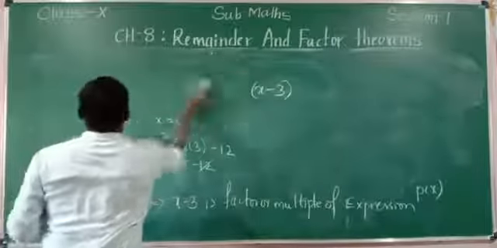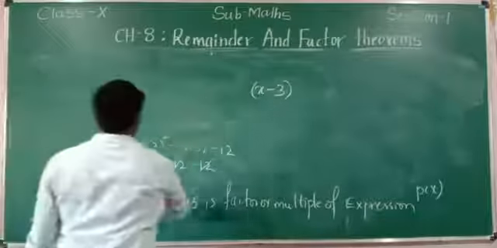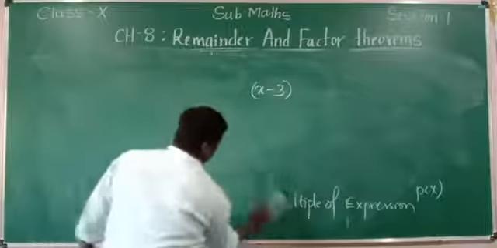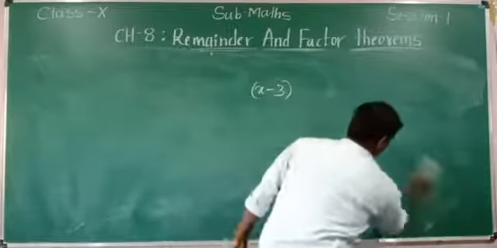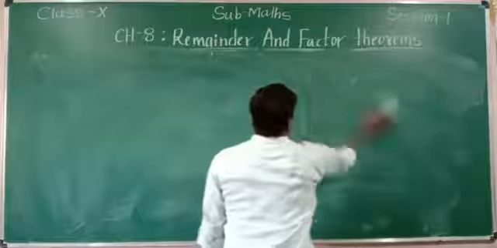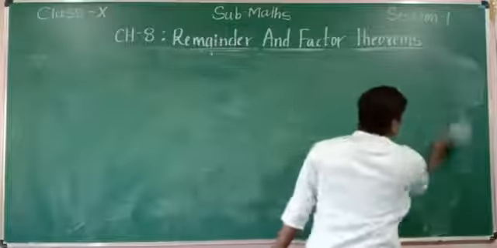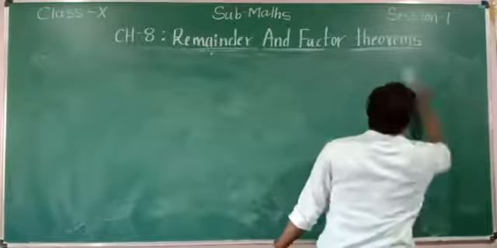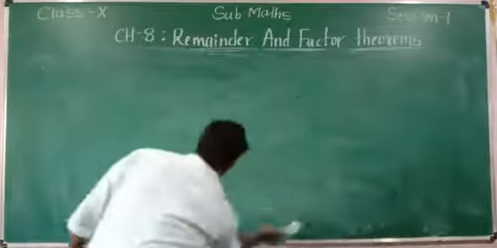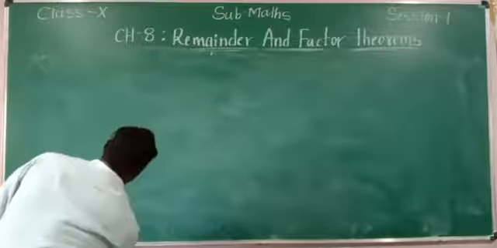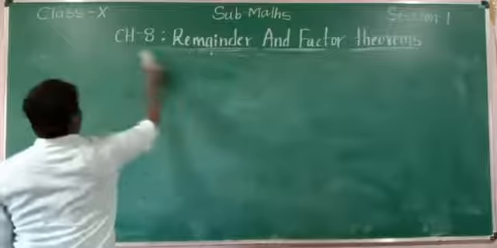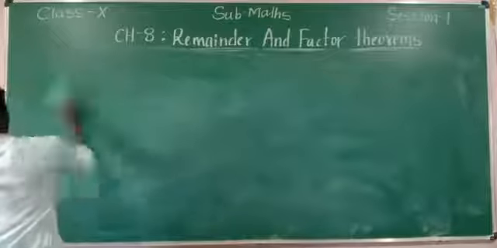Check whether the given values are the factors of the polynomials or not. Here some examples are given, and you need to identify whether the expressions satisfy as factors or not. Some values are also given. With the help of these values, you need to identify whether they are the factors of the given expression or not.